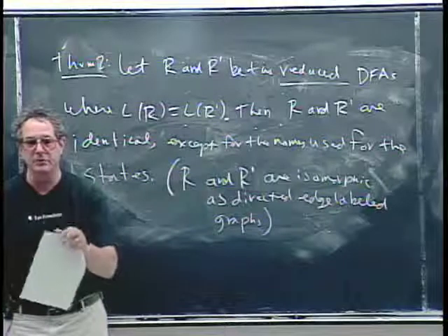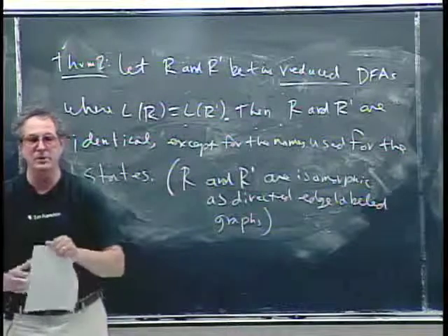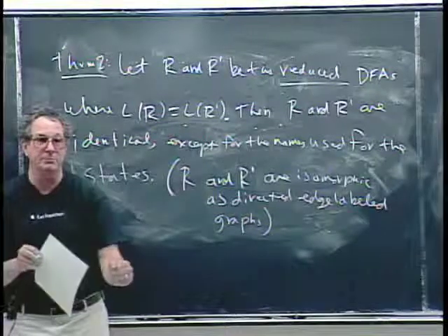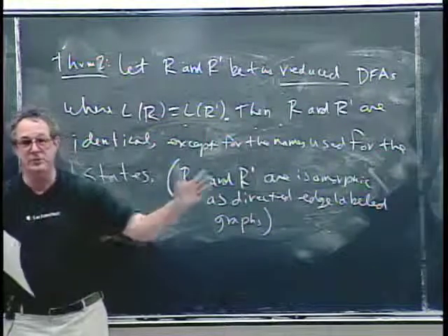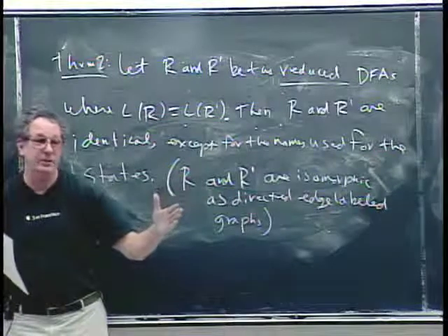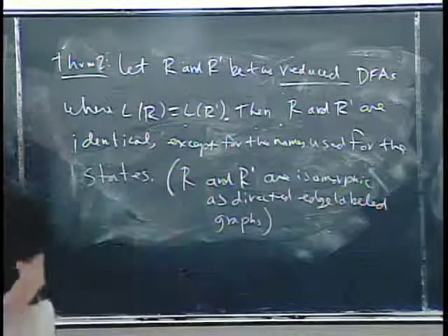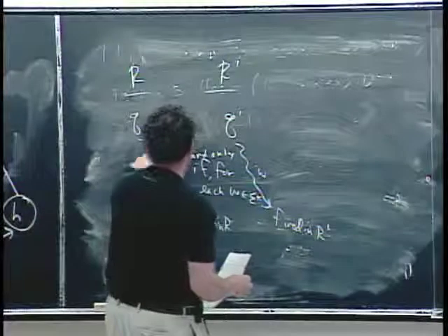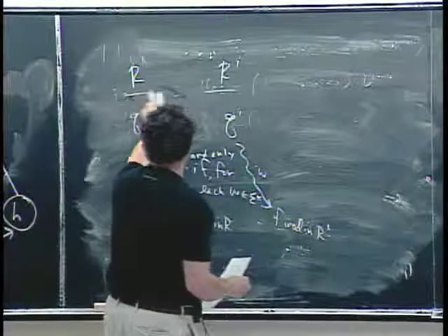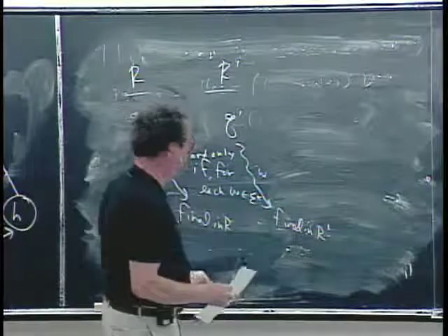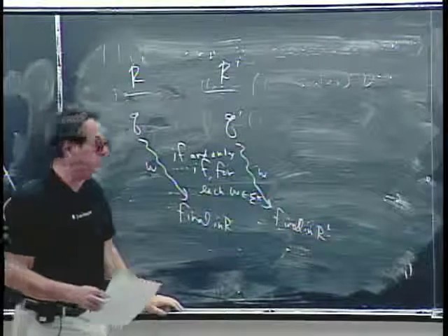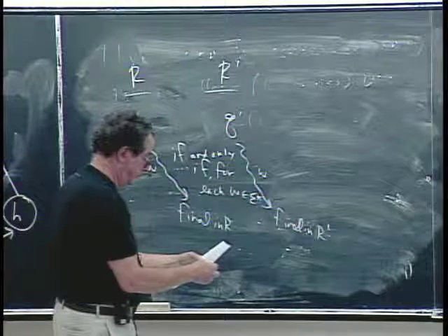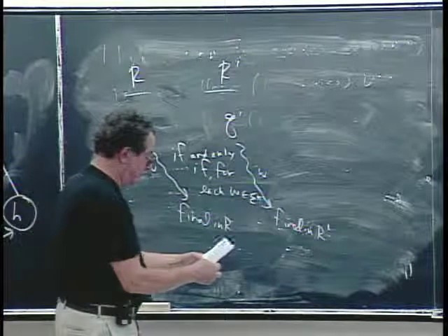We're going to say this state in R corresponds to this state in R prime, and this edge in R corresponds to this edge in R prime, and show that the structure of those two finite state machines is in fact identical. It will be done by finding pairs of states in the two different finite state machines that are indistinguishable. Okay, so all right. To start that,